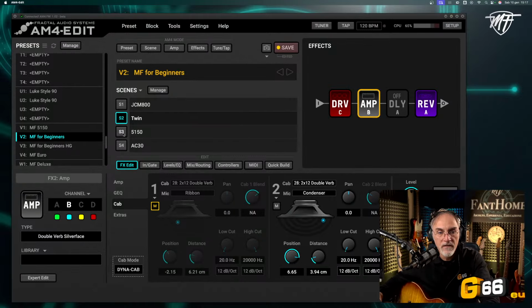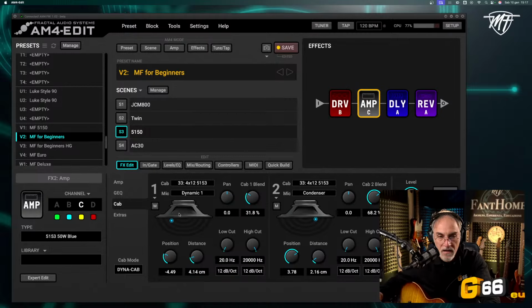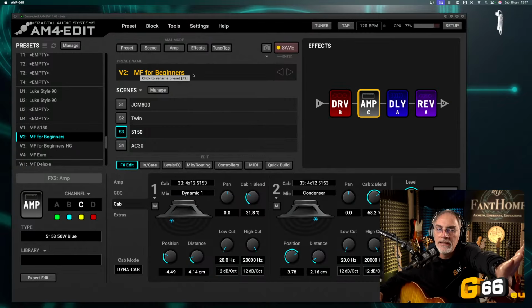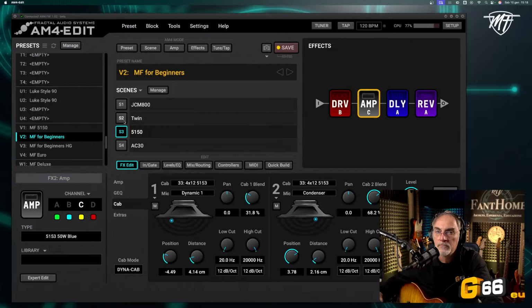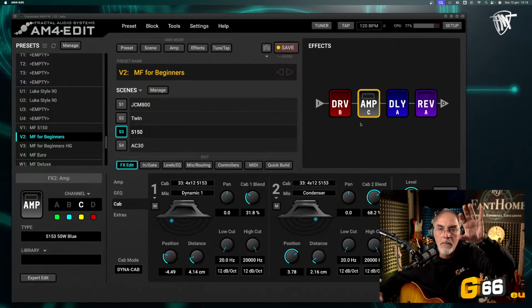If I go to the 5150, you can see I change. As you can see, I never change the preset. The preset remains the same. I only change the scenes, but with every scene I can create a different sound, because you can select a different channel and you can store the scenes by the channel.